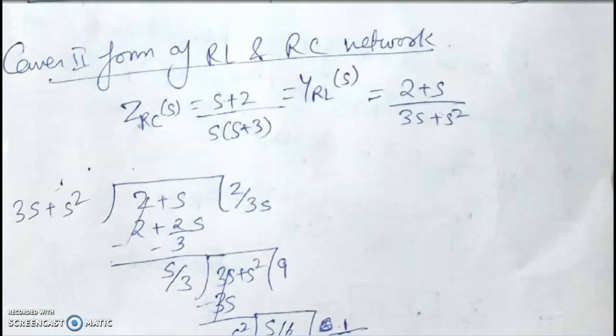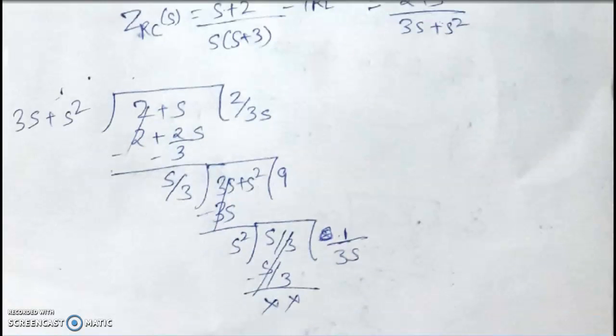Similarly, we can obtain the Cauer 2 form from the same function in both RL and RC networks. The function is the RC impedance function, which can be said to be the RL admittance function. When we expand the function using continued fraction expansion, we see that there are 3 quotients and all the quotients are positive. In the case of the RC network, we are expanding the impedance function, which means the first quotient will give the impedance of the first element.